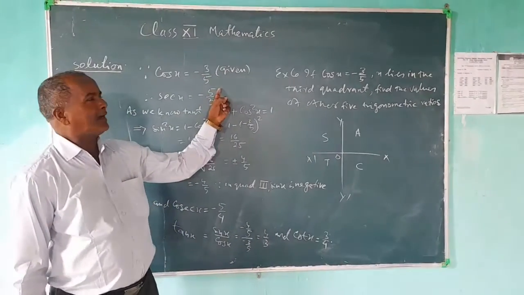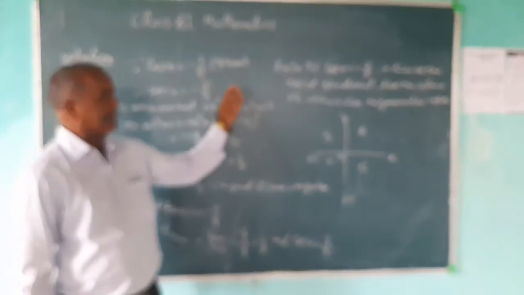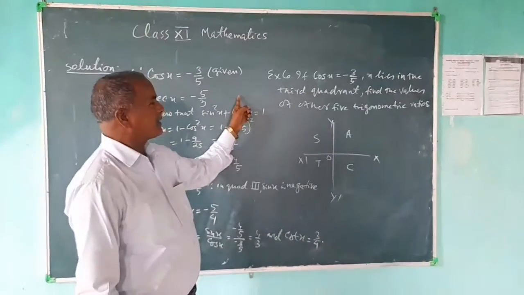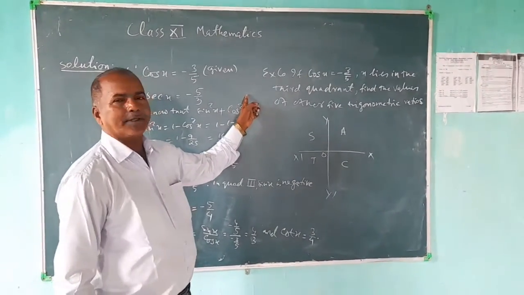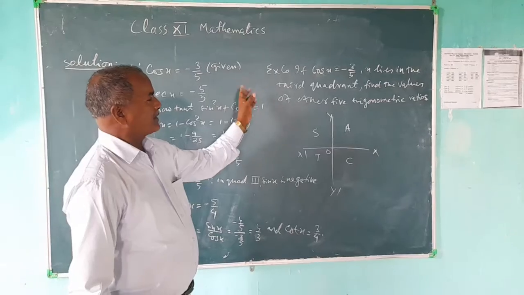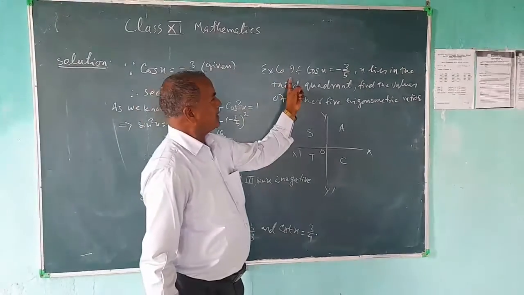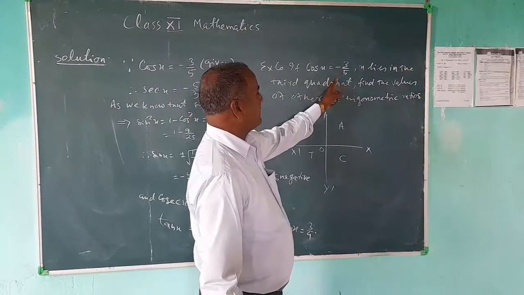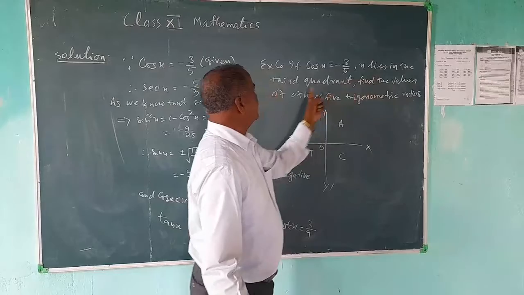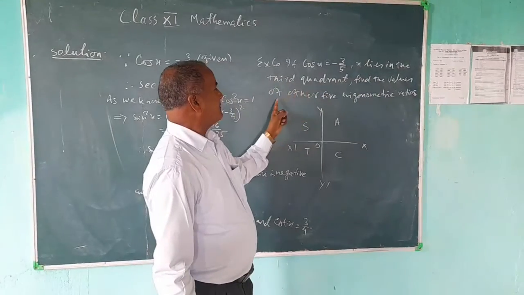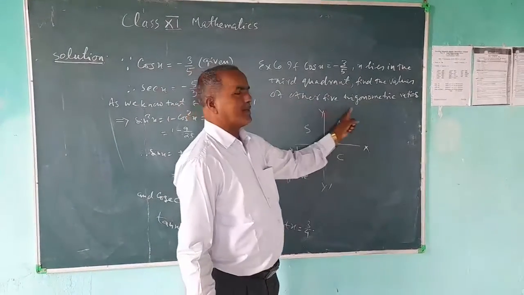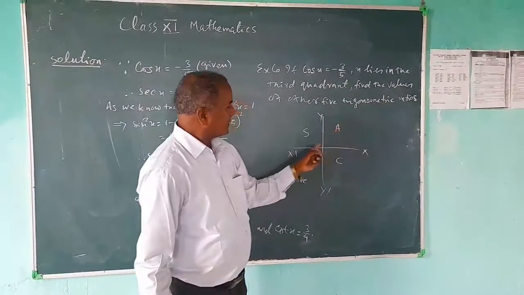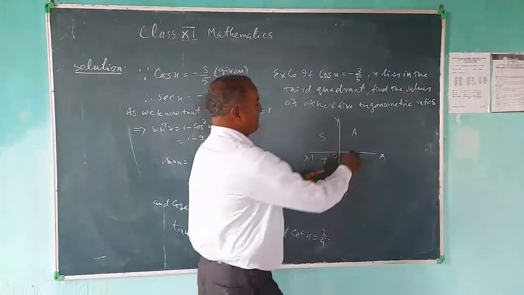Trigonometric functions, and we have solved the first example, the first exercise of this. In continuation to this, we are going to start our example number 6, which is like this. If cos x is equal to minus 3 by 5, x lies in the third quadrant, find the value of the other 5 trigonometric ratios. You know that there are 4 quadrants: first,